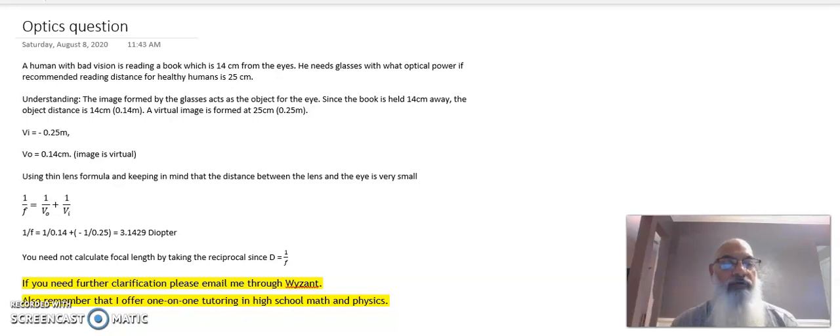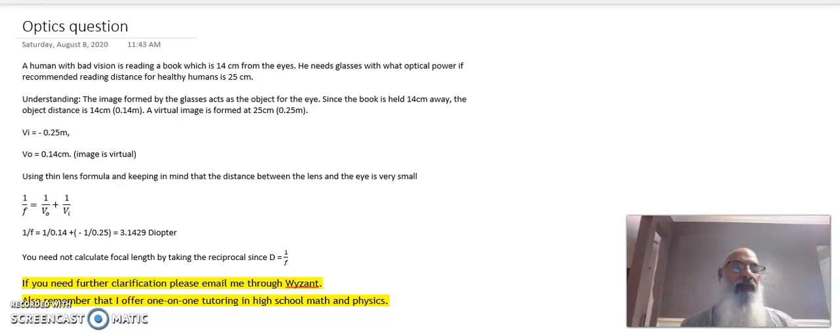Okay, so here we have a situation where somebody's trying to read a book. They're holding it at 14 centimeters from their eyes because that is what their eyes can see. The best place or the best vision or the best focus is available at 14 centimeters. However, since the recommended distance is 25 centimeters, that is where the eye is most comfortable. So, in other words, when they are trying to read something holding it 14 centimeters from their eyes, it strains the eye. So they want the eye to be able to see from a distance that is comfortable, and for that they need